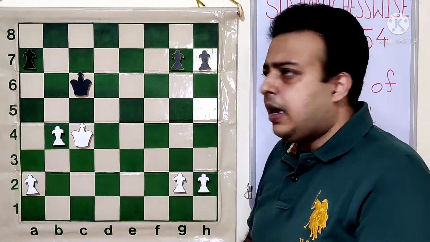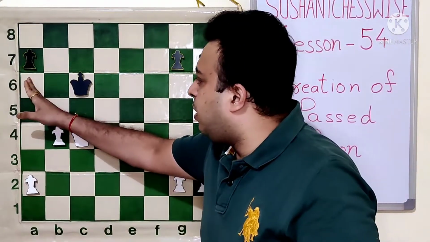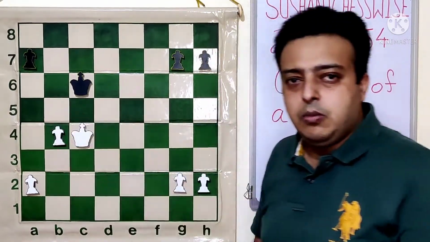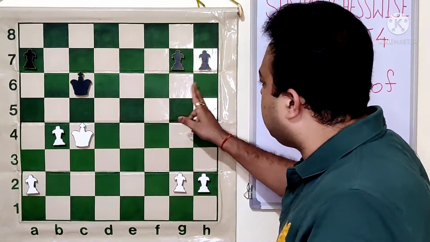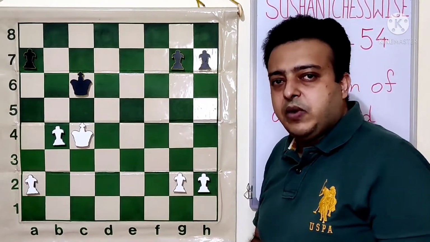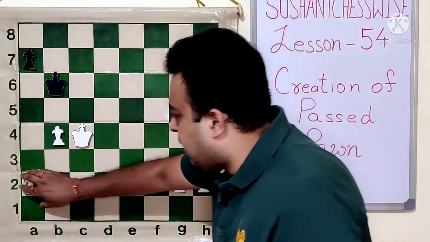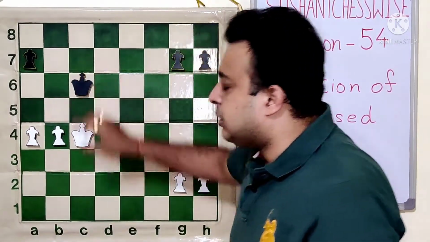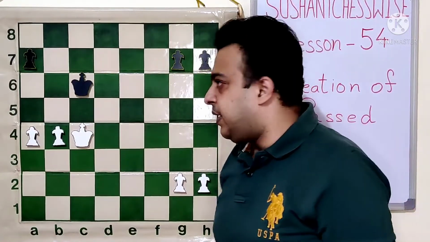For Black, the best thing is to wait and not push the a pawn. If he pushes the a pawn to a6, then a4, b5 will allow the creation of a passed pawn more quickly. So Black should wait. Even if he pushes pawns on the other side, that will also help White. So Black just waits, he plays Kb6. White goes a4. Black plays king to c6. So White is trying to improve the position and Black is playing the waiting game.